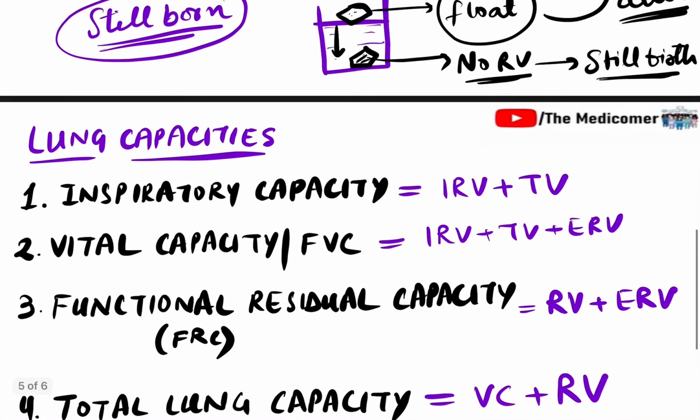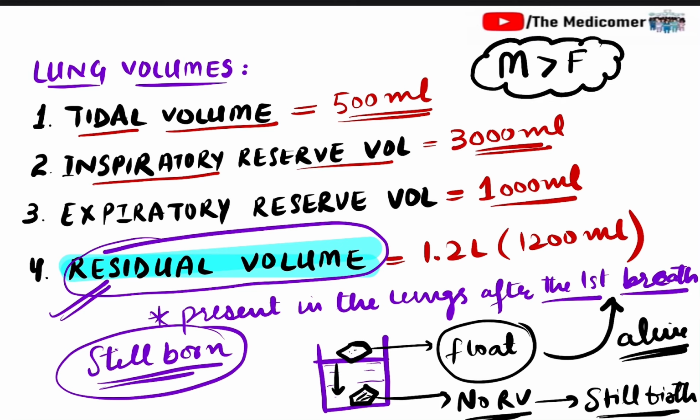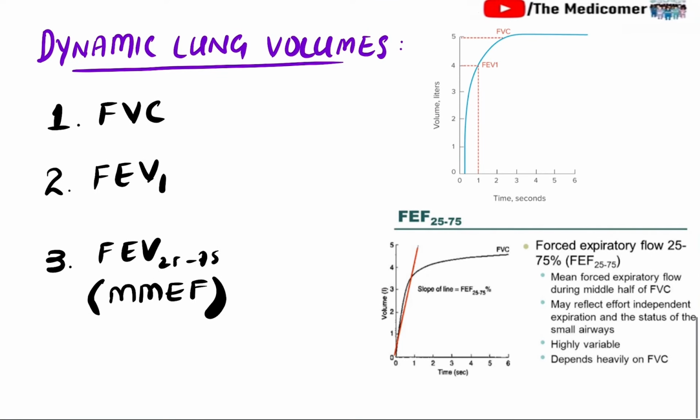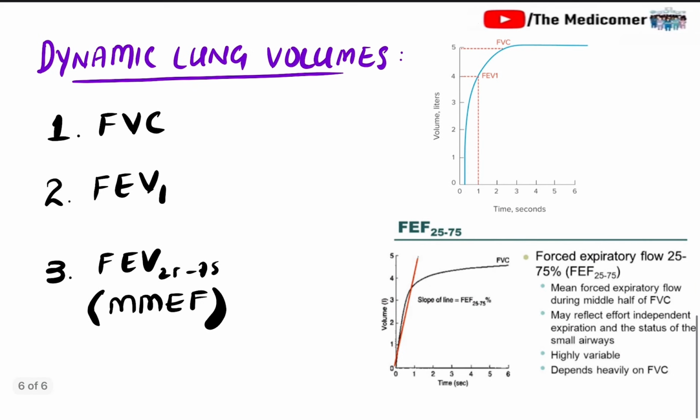Okay, so we can find the values of these capacities as well, because we know the values of all these lung volumes. Now another important thing that we should note is that the values of these lung volumes are slightly greater in males as compared to females. So this thing we should remember. Okay, now let's move to another topic, which is called the dynamic lung volumes. It's also related to lung volumes. Okay, so first of all, forced vital capacity, we already